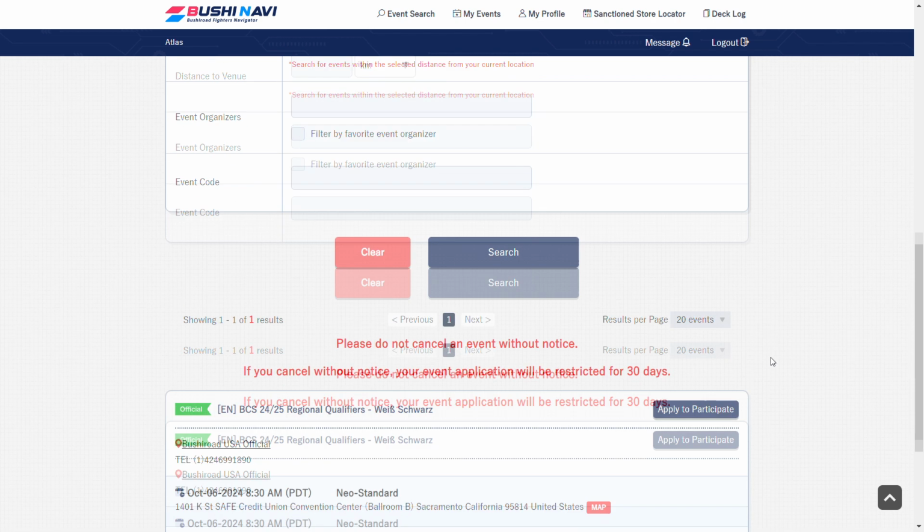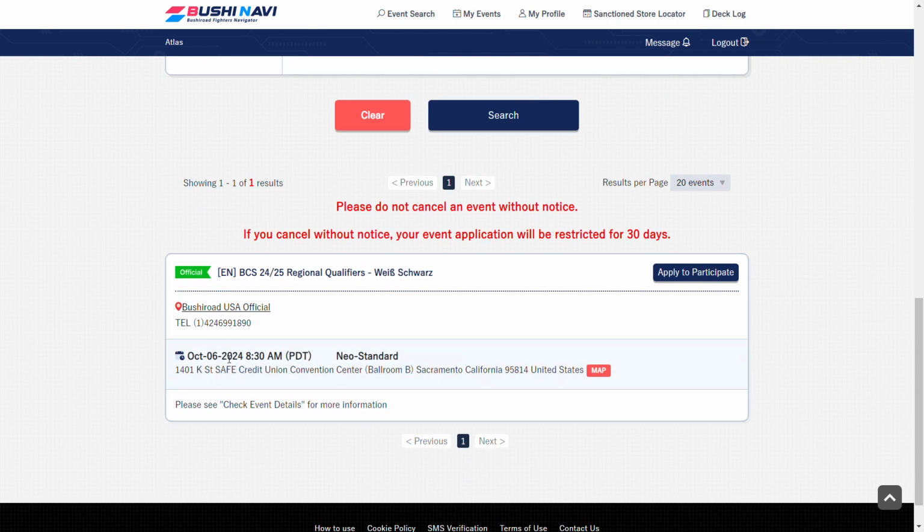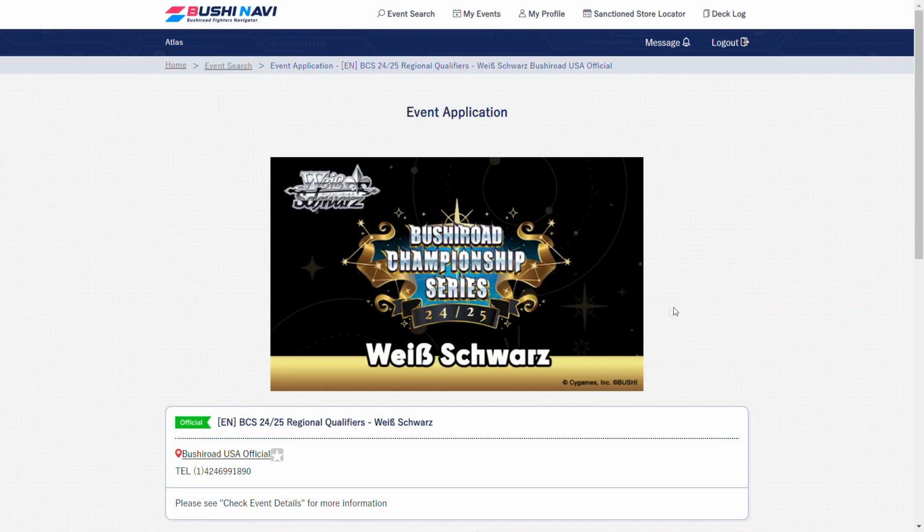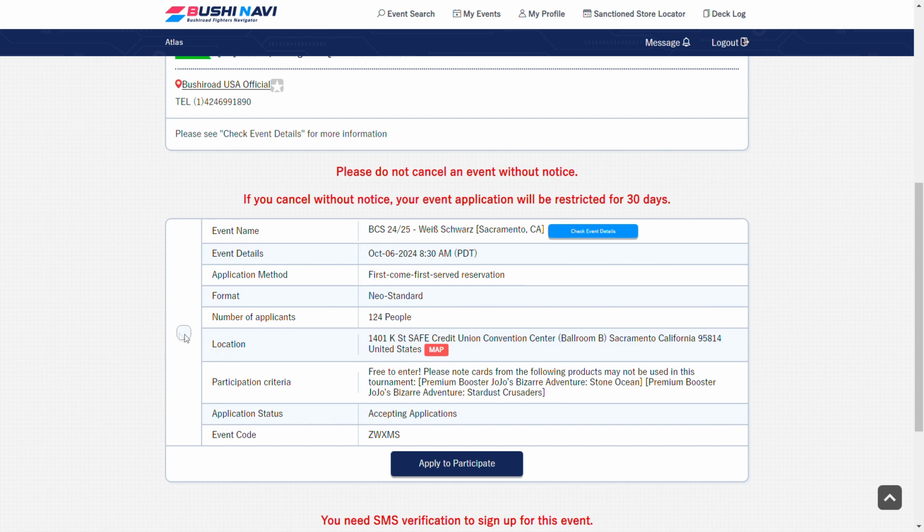Once you click search, continue to scroll. You will see the regionals level events that you might want to participate in. Click apply to participate. It'll bring up this page. You'll click this button and then click apply to participate. I'm not going to click it because I'm not going to this event, but after you apply to participate in